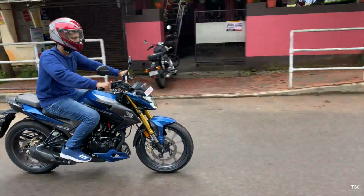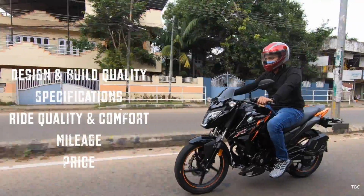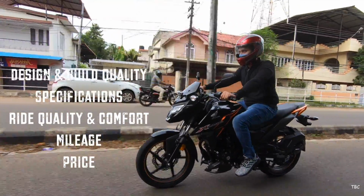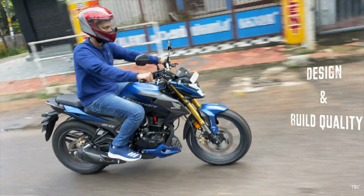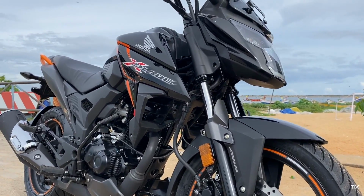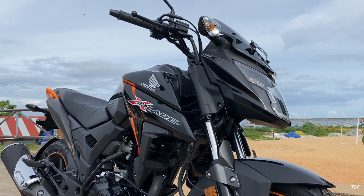Like all our comparison videos, we have divided this one into 5 factors, which are the design and build quality, specifications, ride quality and comfort, mileage and price. Let's start things with the first factor, which is the design and build quality. Here both these bikes are very aggressively styled ones. The new Hornet 2.0 has a more chunkier look compared to the new X-Blade, and both do have different